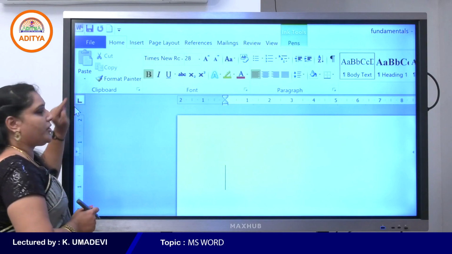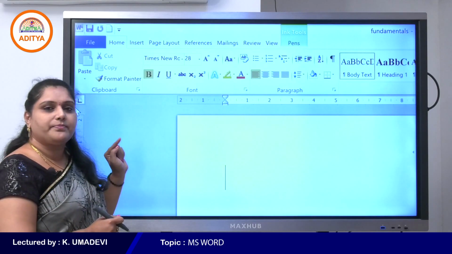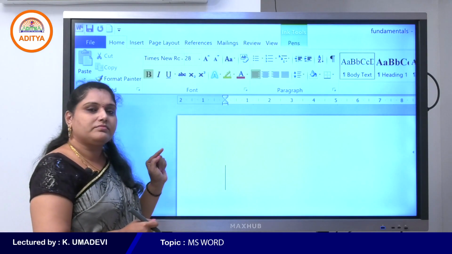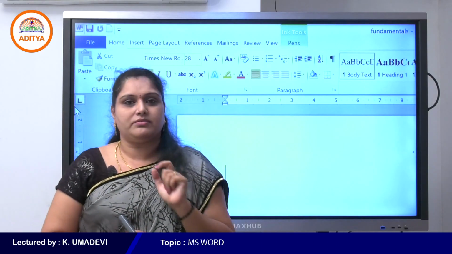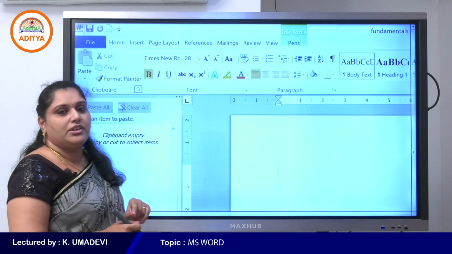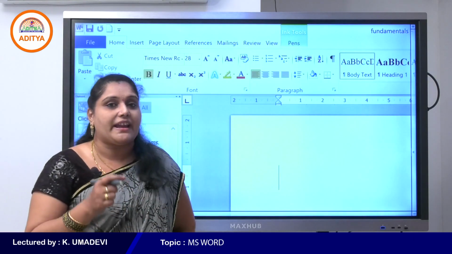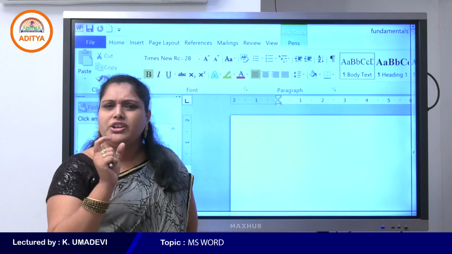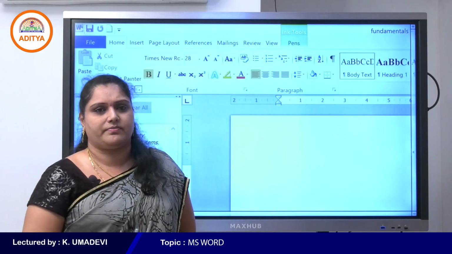First one is clipboard. What is clipboard, students? Do you know the term clipboard? See, when you click on the clipboard dialog box launcher, the dialog box launcher is not only used to display a dialog box.